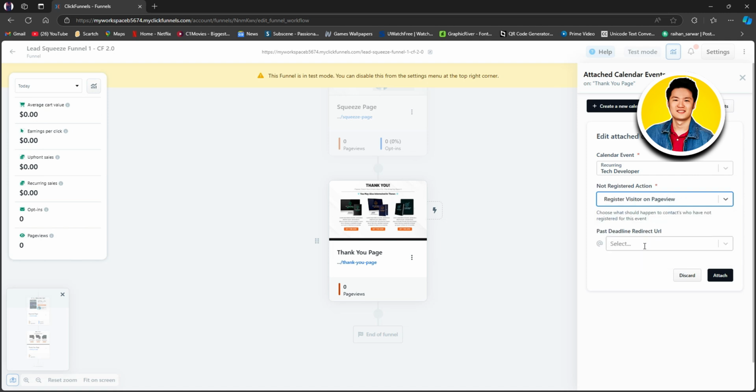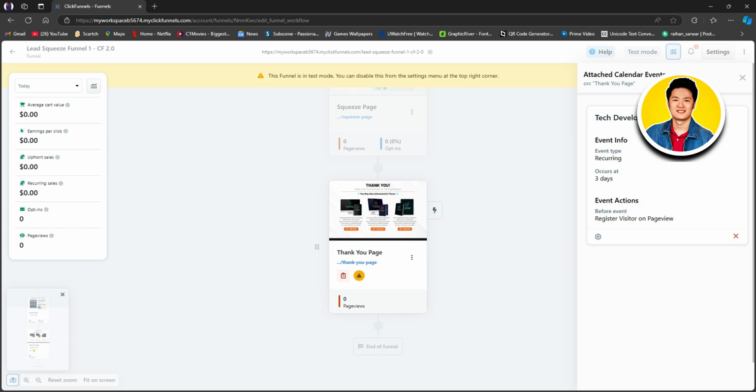Here, you can also set the past deadline redirect URL. Just click on the drop-down and choose from the options. So once you're done making all the changes, go ahead and click on Attach. And as you can see, the calendar event has been attached, and all the details are set according to your